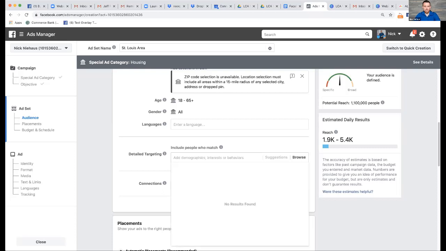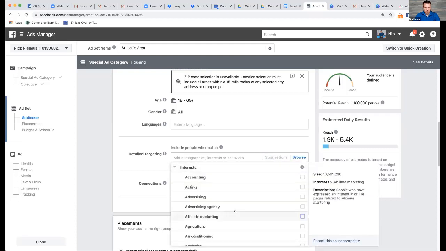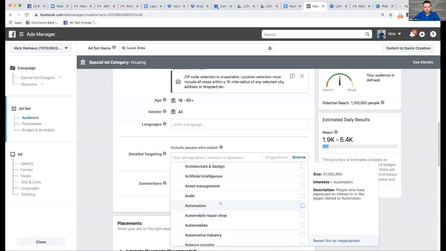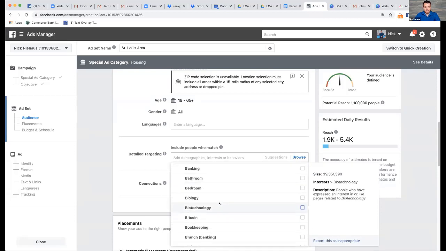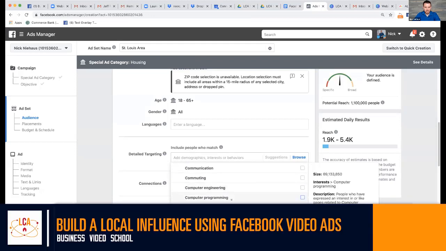So we can just start typing things into here. And actually, I'm going to do the browse again because I guess it's not letting me search at the moment. But we can search through here and look for all kinds of different things that might be a good fit. And sometimes they're obvious, sometimes they're not obvious. You might want to be a little bit broad with what you're choosing. But I'm just showing you a quick example. I'm not going to get into any more detail here.